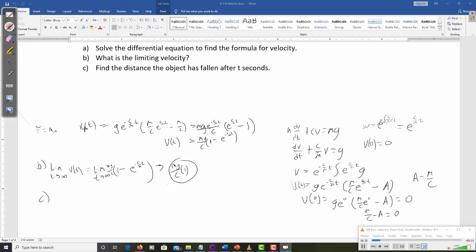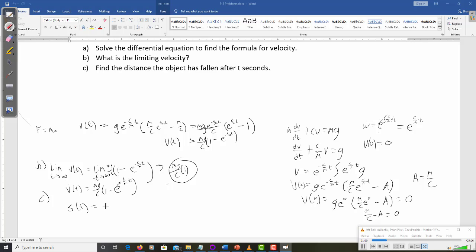Distance. Well, velocity is this. Velocity is mg over c, 1 minus e to the negative c over m t. So the integral of velocity will be position, so s of t would equal,